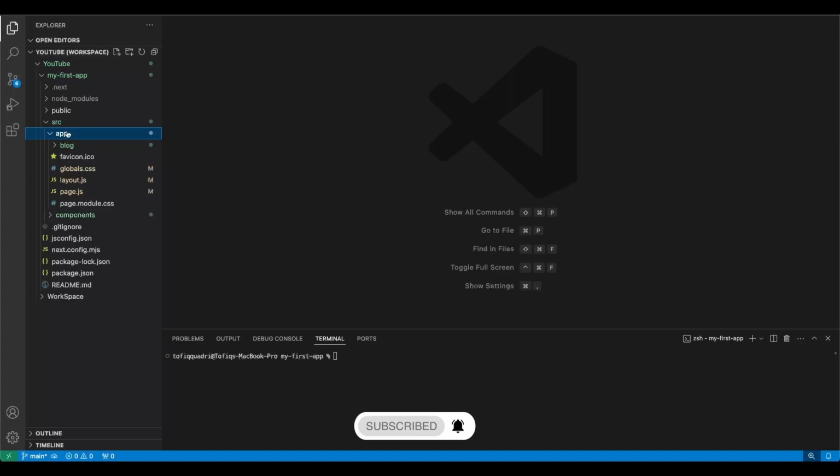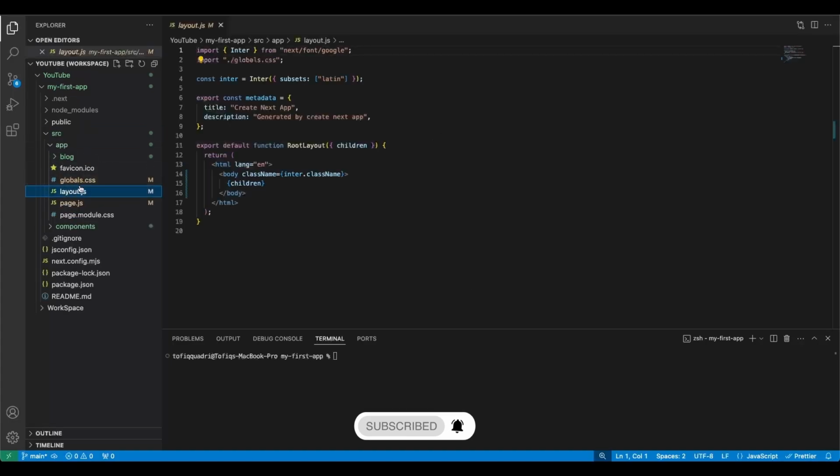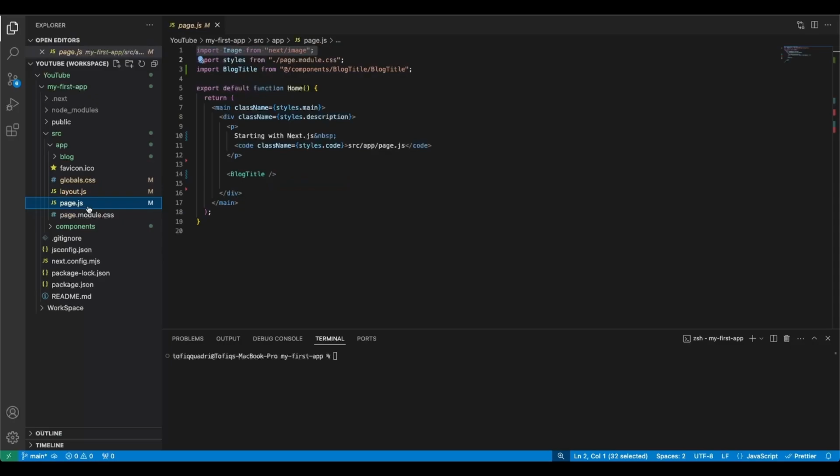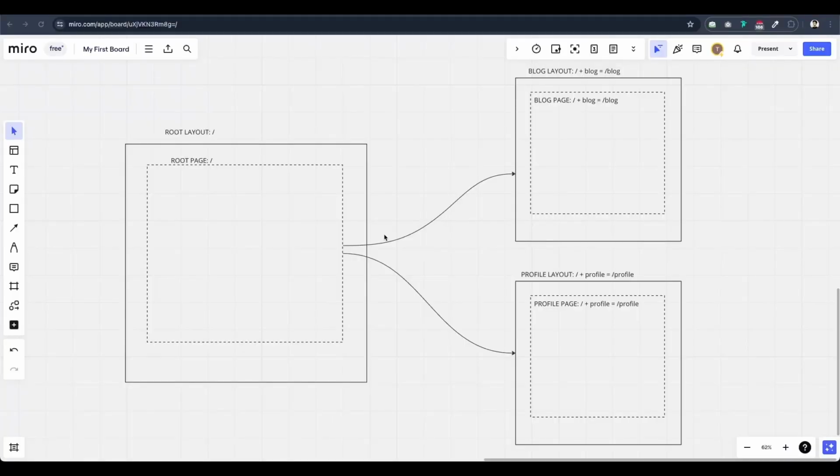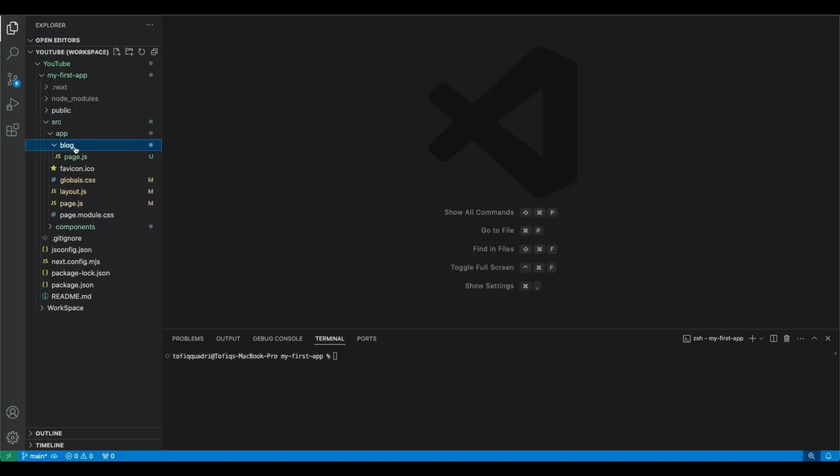If you remember, in our application code, we had this layout.js file and page.js file provided to us out of the box by Next.js. I'll quickly close this. Also, this page can be further replaced by another nested route by creating new folders under the app folder and creating layout and page files for those pages respectively. As you have seen before, we have this blog page inside our application. We have created it by creating another folder under app, that is blog, and inside that we have created the page.js